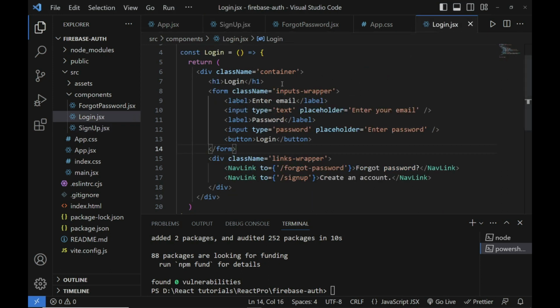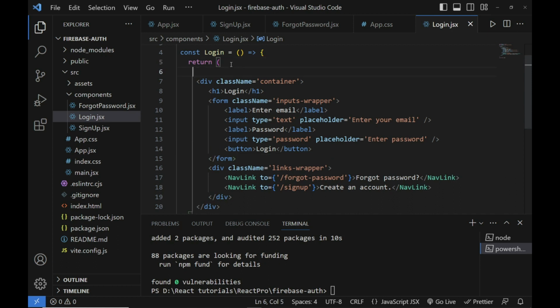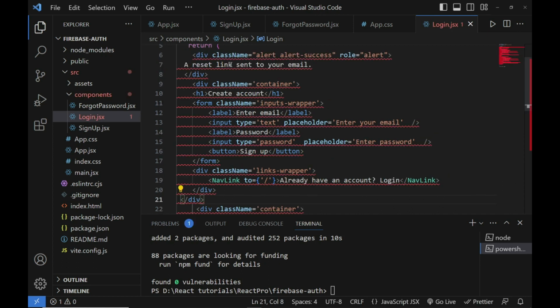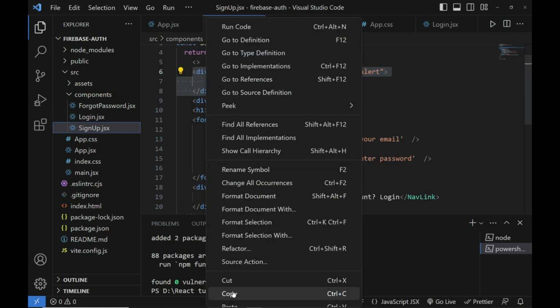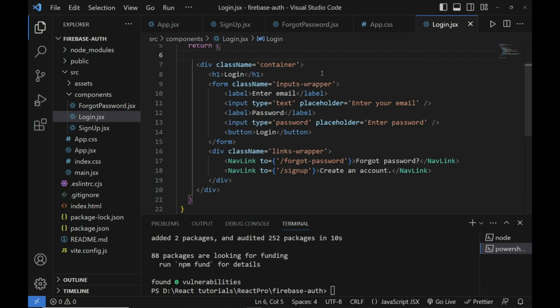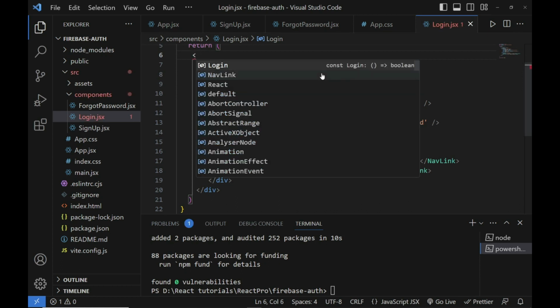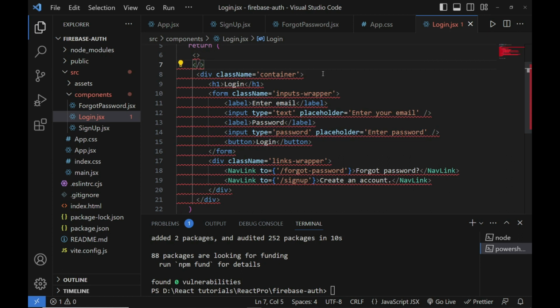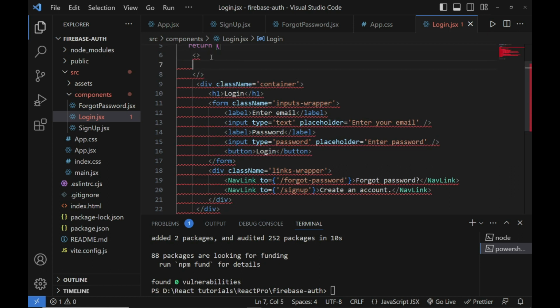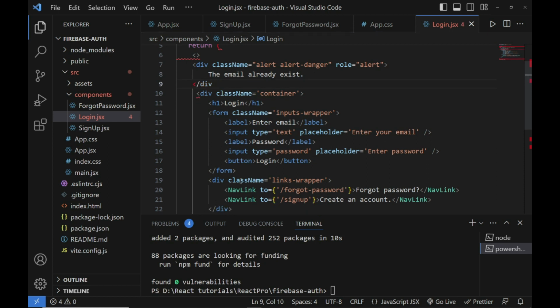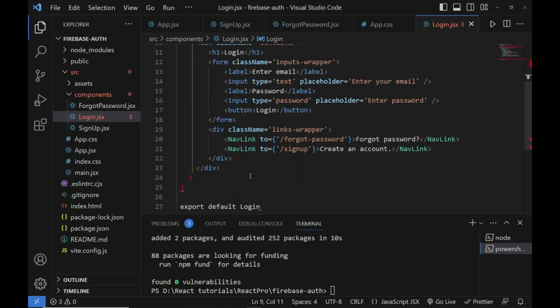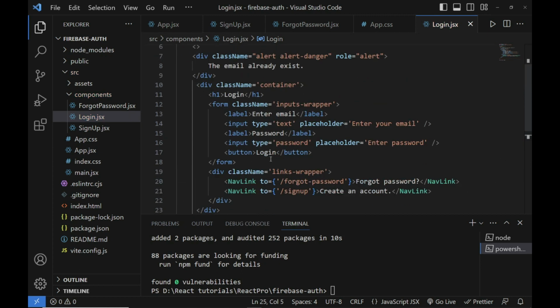So we need to come here to the login, and no, I just need this one. And you just need to put that, then you can put your code there, and you can just remove this one there, and I'll come here and I'll close it, like so. All right,